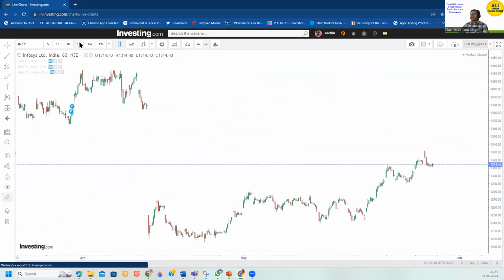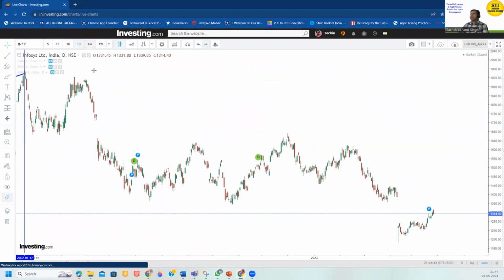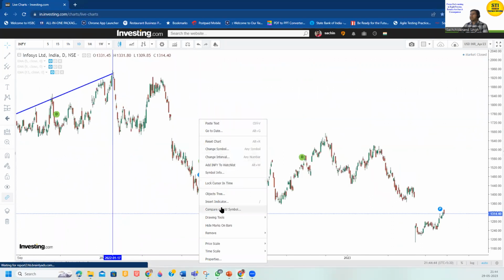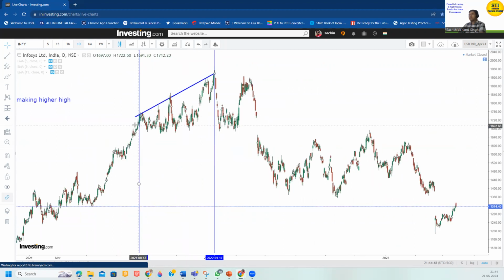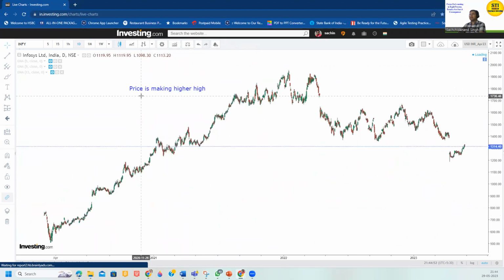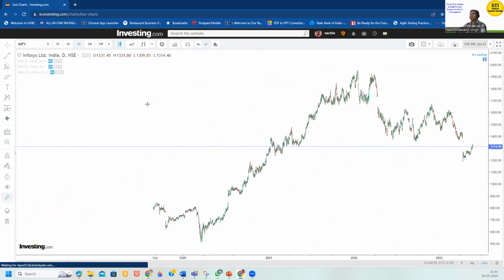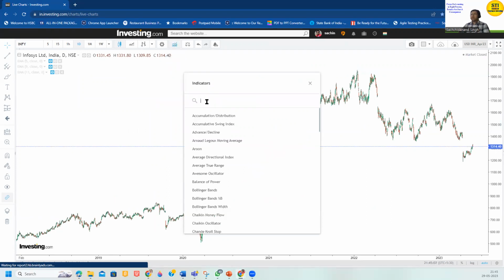So I'm opening the Infosys chart, and it is Infosys daily. Okay. Maybe there is some old analysis. I'll just remove them for clarity purposes. And see, so here are the indicators. Okay, so we need to click there, and we can type here